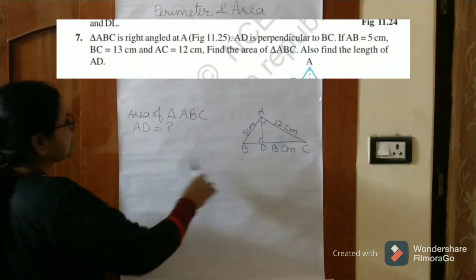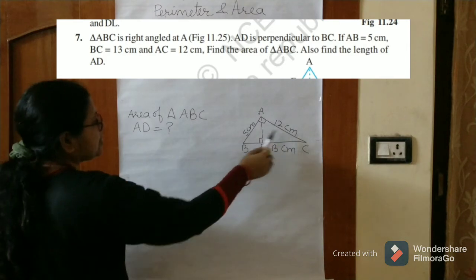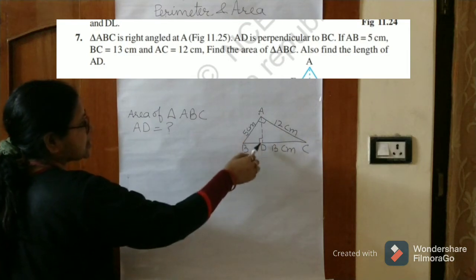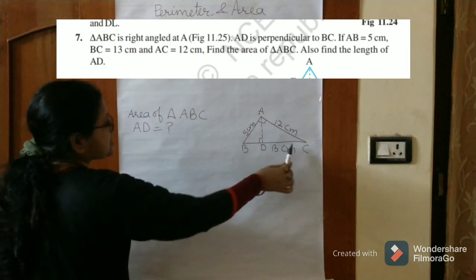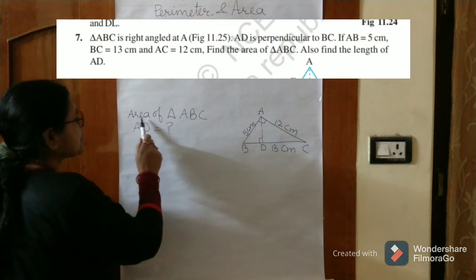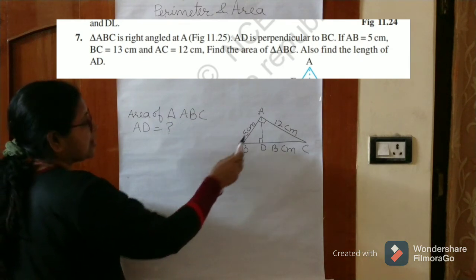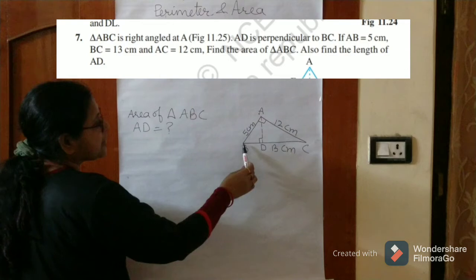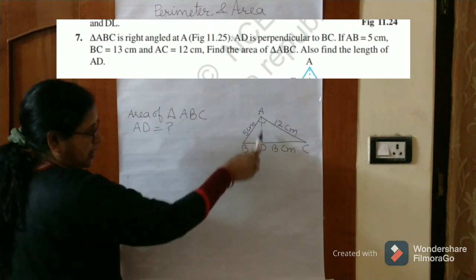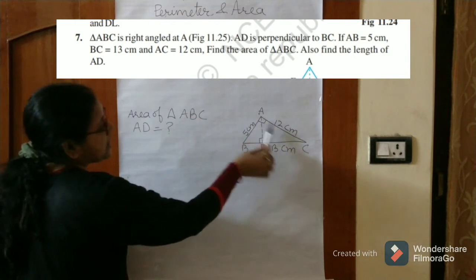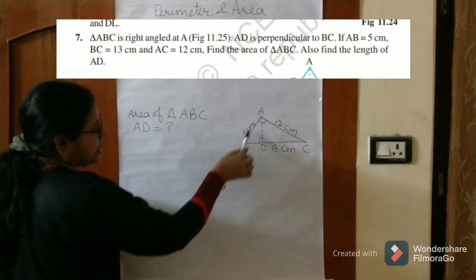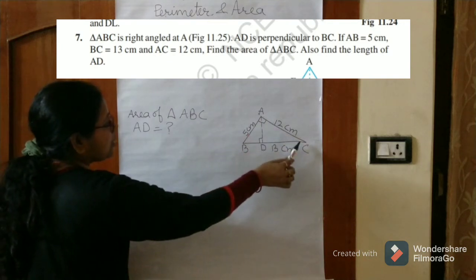Question 7. In question 7, a triangle ABC is given which is 90 degree at point A and height is AD. BC is given 13, AB is 5 centimeter and AC is 12 centimeter. The question is that you have to find the area of triangle ABC. For finding the area of triangle ABC, if we are taking BC as base, तो हमको AD height पता होनी चाहिए, but AD given नहीं है, इसलिए हमको AC will be taken as height because this is also 90 degree. जब ये 90 degree है तो AB base ले लेंगे और AC को height ले लेंगे.